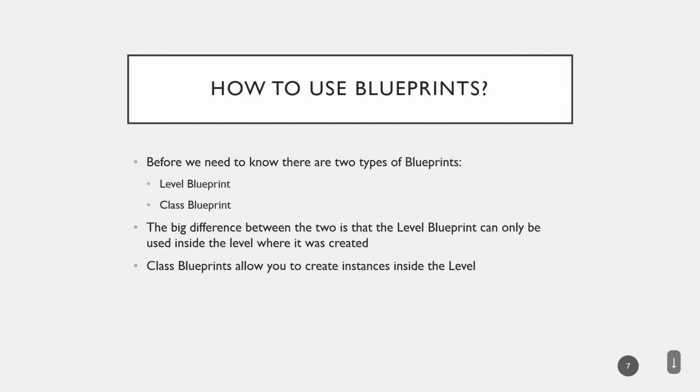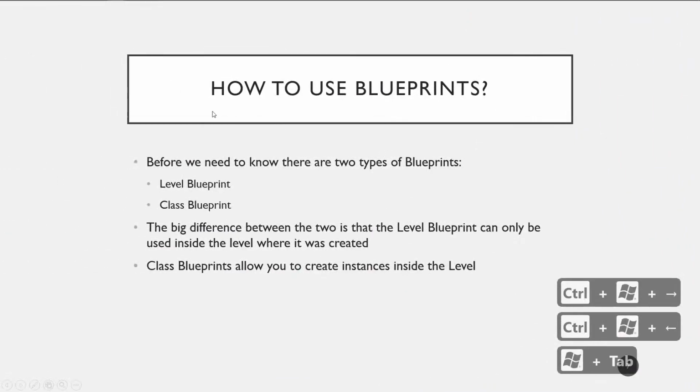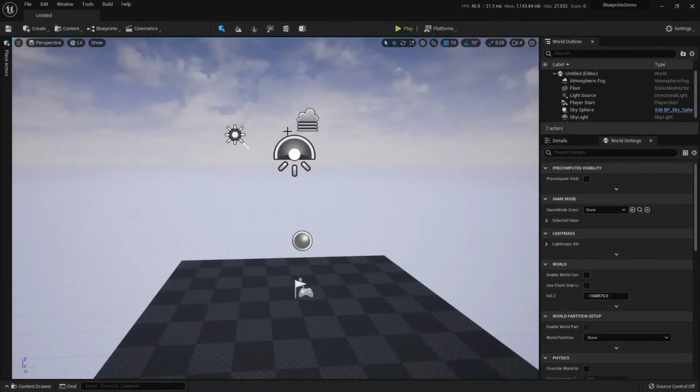So how to use blueprints and how would we use them? We need to know that there are two types of blueprints. There is a level blueprint and a class blueprint. The level blueprint only exists inside the level it is created. And you don't really need to create the blueprints. I'm gonna put the Unreal editor on my other desktop. So for example here,